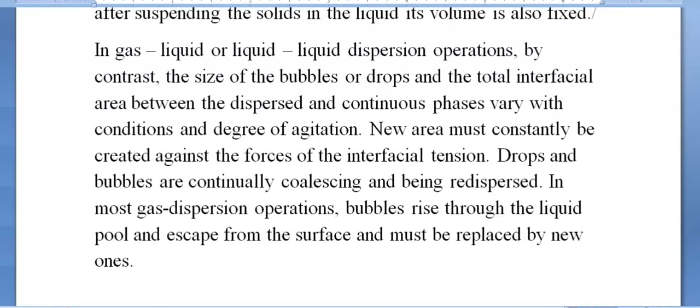That is different. But in our subject, once you pump a gas, it comes out from the distributor plate. You pump in such a manner, you have a rotameter. Through the rotameter, you will be pumping gas. You pump the gas in such a manner that it will come out in the form of bubbles from the distributor plate. Okay, and once they come out, what will happen? Immediately they take the blow of the impeller, and thus the bubbles may become 2 bubbles or 3 bubbles or 4 bubbles, or the elongation of the bubble is called coalescence.